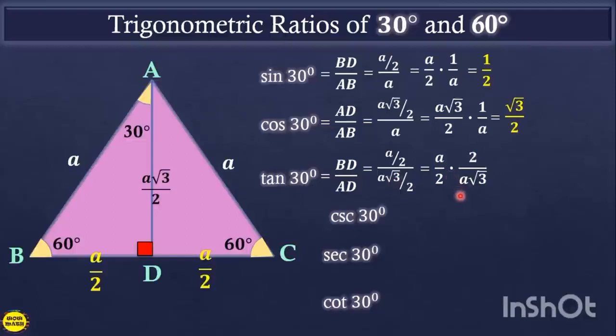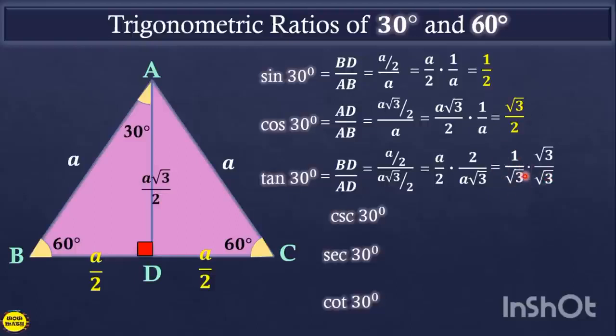Now, we can cancel A. Pwede na pong makancel si A. At pwede na rin makancel si 2. So, ang may iwan na lang sa taas, 1. 1 over, sa denominator, ang may iwan na lang, square root of 3. So, ang final answer natin is,